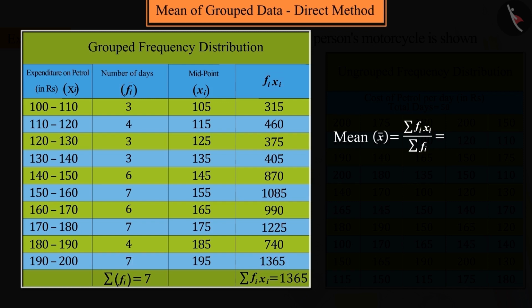On solving this, we get 195, which is incorrect, because here the sigma sign means total sum and not the largest number.